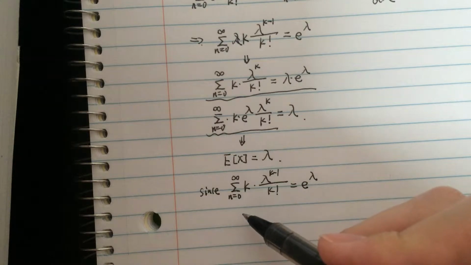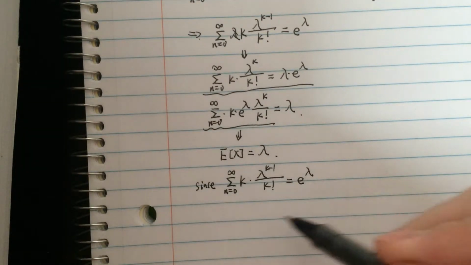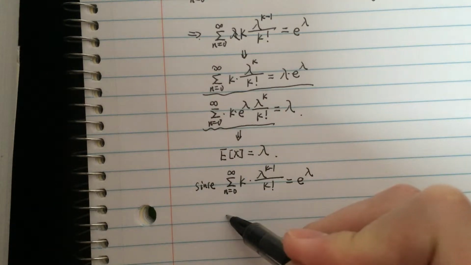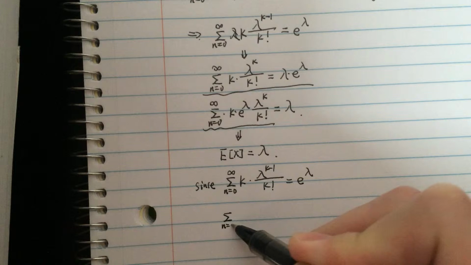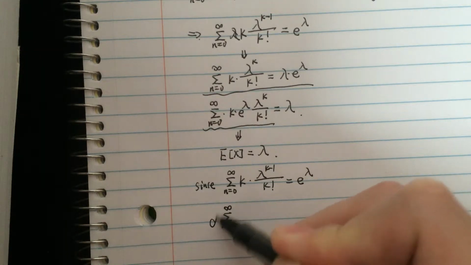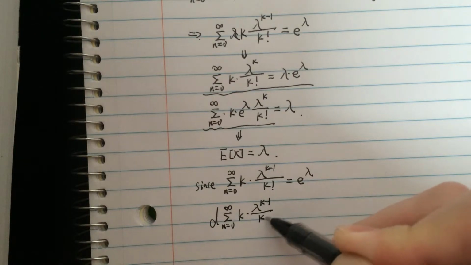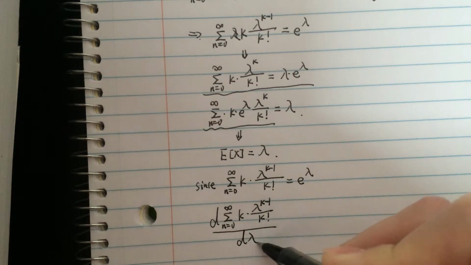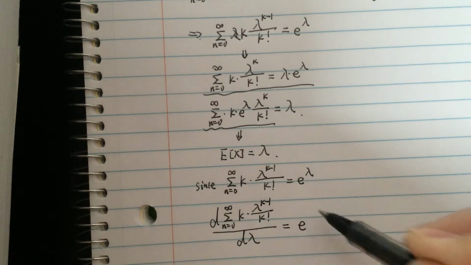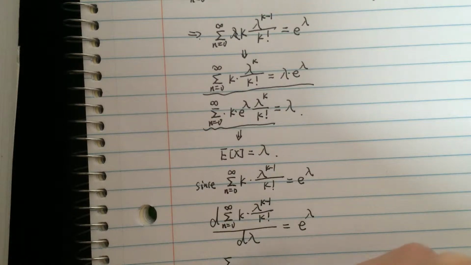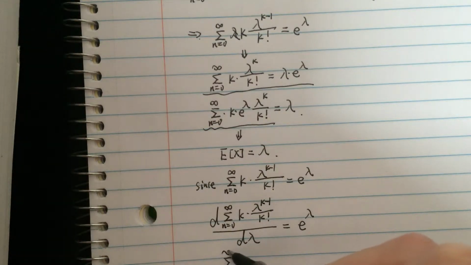And we can again differentiate both sides with respect to lambda. This one will also equal e to the lambda, and this one will become the sum from k equals 0 to infinity of k squared times lambda to the k